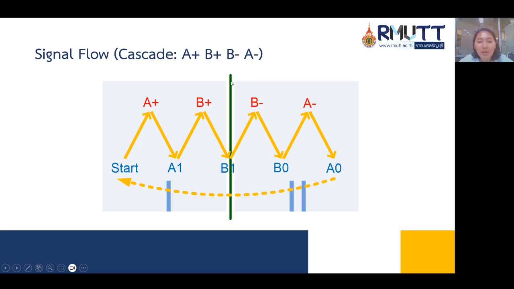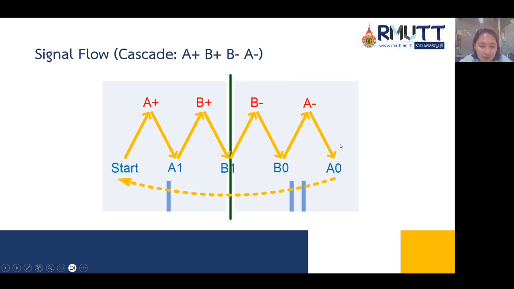So we can separate, divide it here, between B plus and B minus. So there are two sections, two blocks, or two groups for this signal flow. This is the first group and this is the second group. It separates between the B plus and B minus.